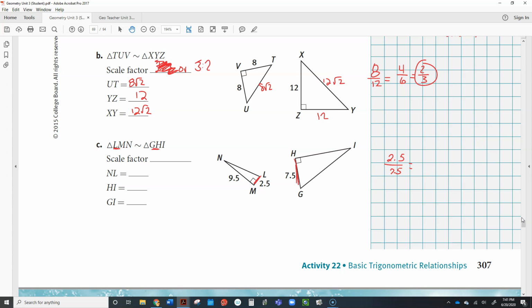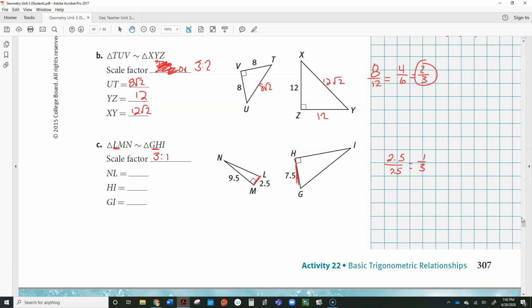Write those as a ratio and reduce. That'll go 1/3. I'm getting bigger, so I probably need to go 3 to 1. I'm starting with the smaller one. LMN is smaller, so 3 to 1. We need to multiply this one by 3 times to make it get that one. So that's pretty easy then to get,